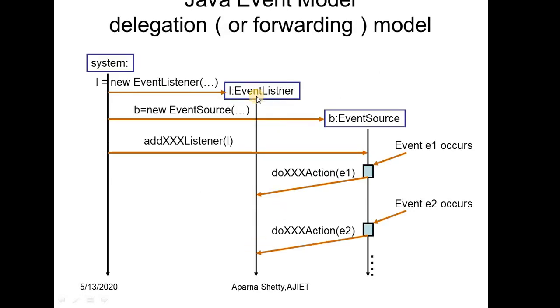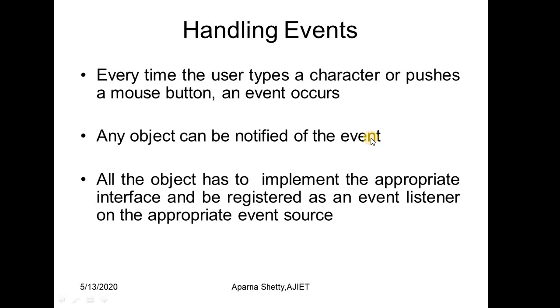One more thing you have to understand is that there are two types of events: foreground events and background events. Foreground events are created due to user interactions, whereas background events are not created by user interactions, and these are events which we cannot see. For example, operating system interrupts or software failures. These are the background events, and they are not due to user interactions, they are caused by the system.